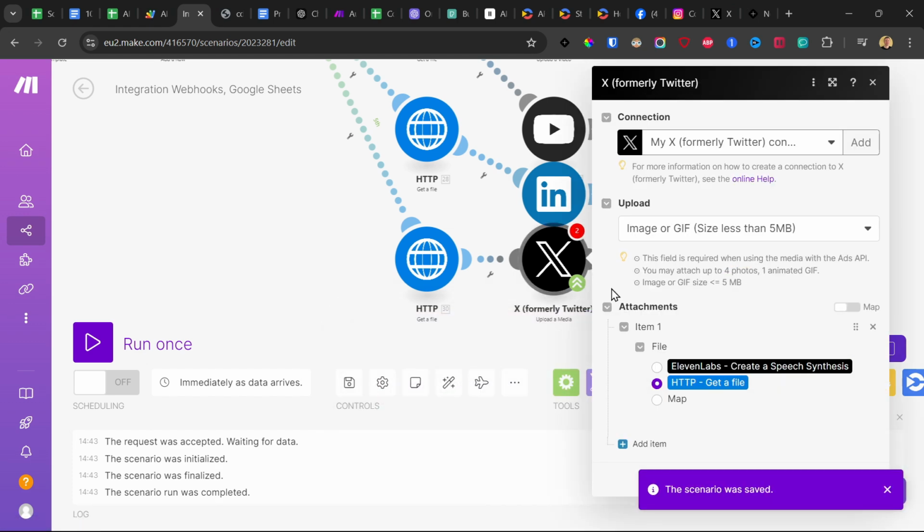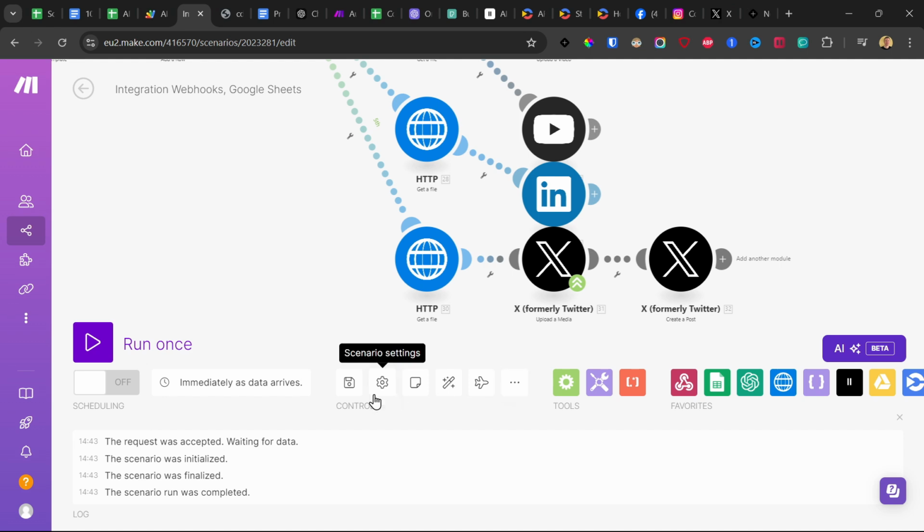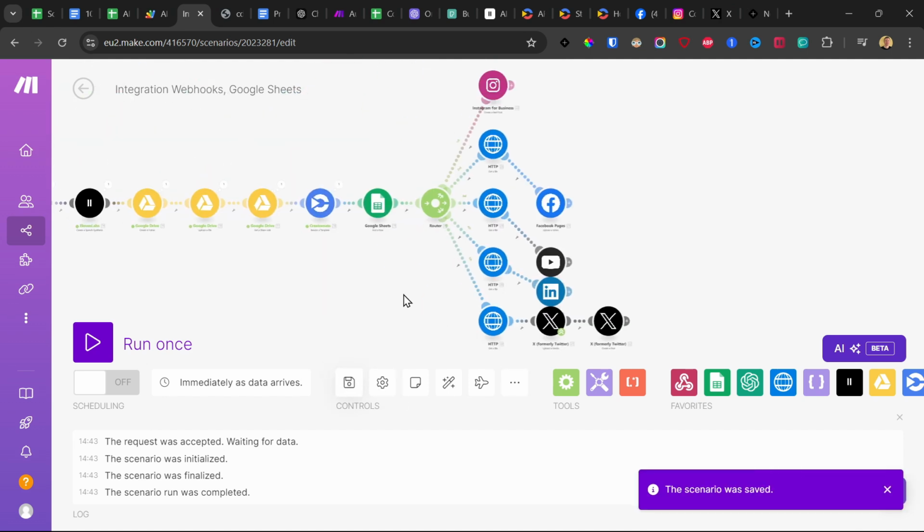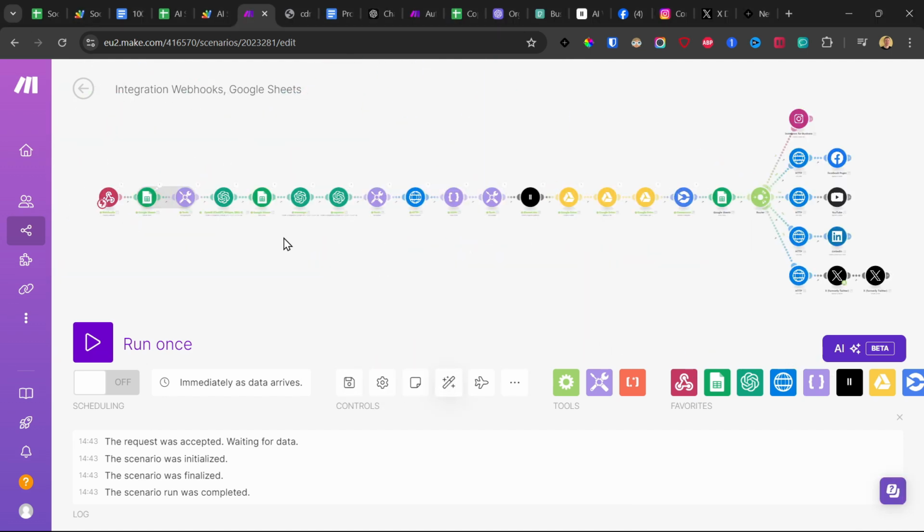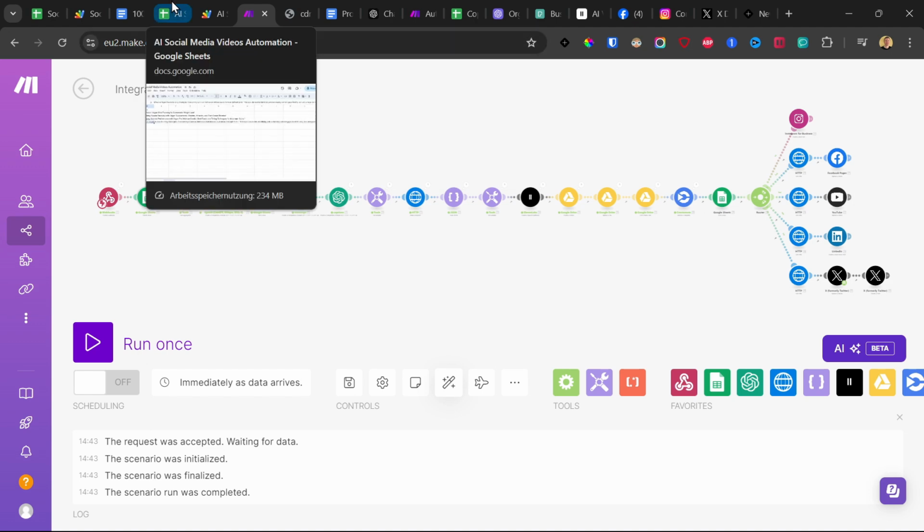Not sure why it still gets an error. Everything is set up perfectly, so it should work. Let's align it. Now that the automation is set up, we need to set up one more thing in our